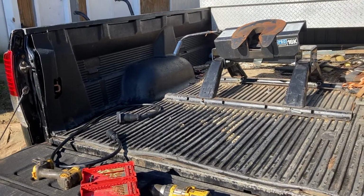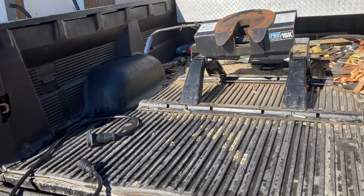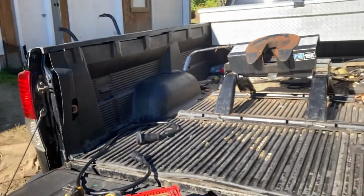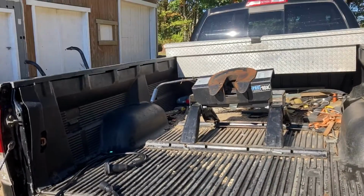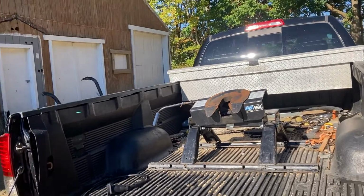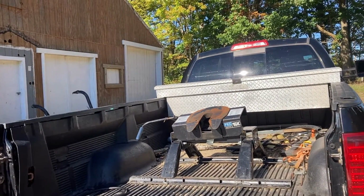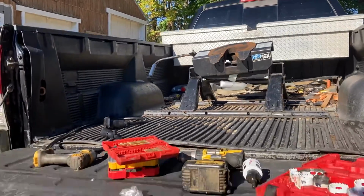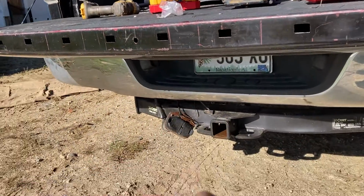So today's project is one I've been putting off for a while. I was hoping it would work. We do a lot of fifth wheel trailer work here on the farm, from flatbeds with hay to moving cattle. And this Tundra of mine has a 7-way trailer plug, which you can see the loose and hay in there